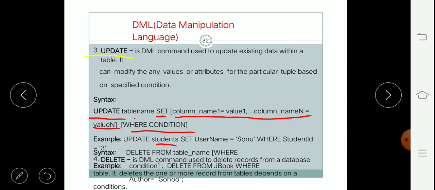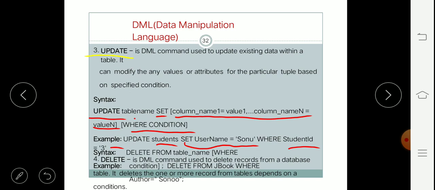We have to update username. So after the set keyword we write set username is equal to Sonu, where student ID is equal to 3. So this query will update the username of the student whose ID is 3.